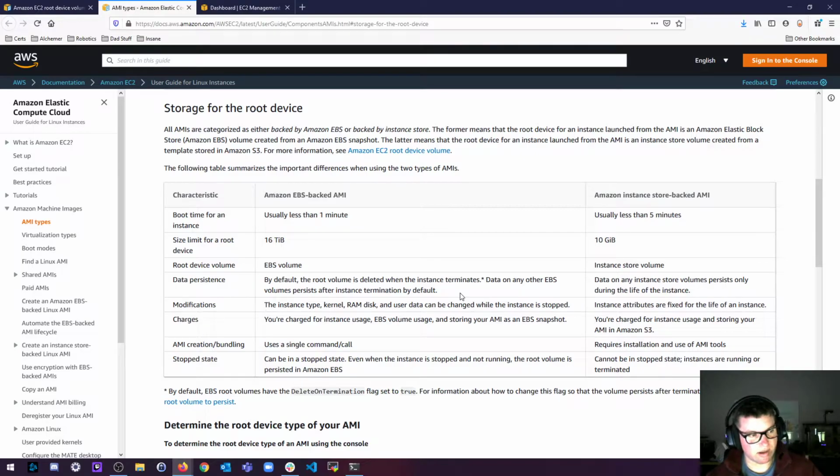Okay, so let's say you have /dev/sda, and that's where your root is. That's where your operating system is. If you terminate the instance, that will go away. However, if you have a